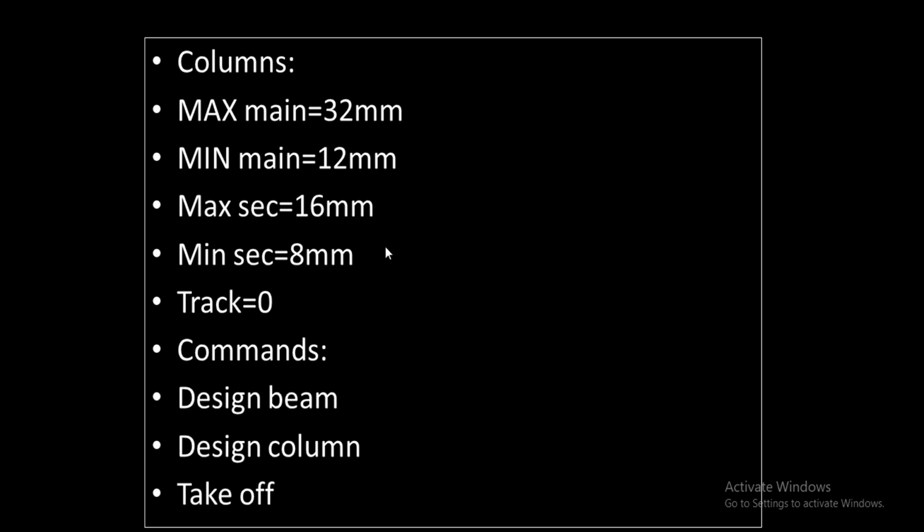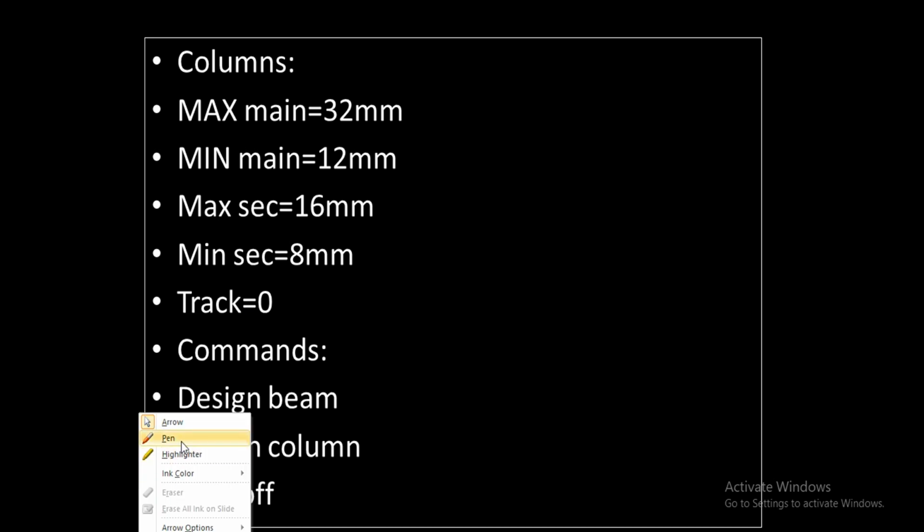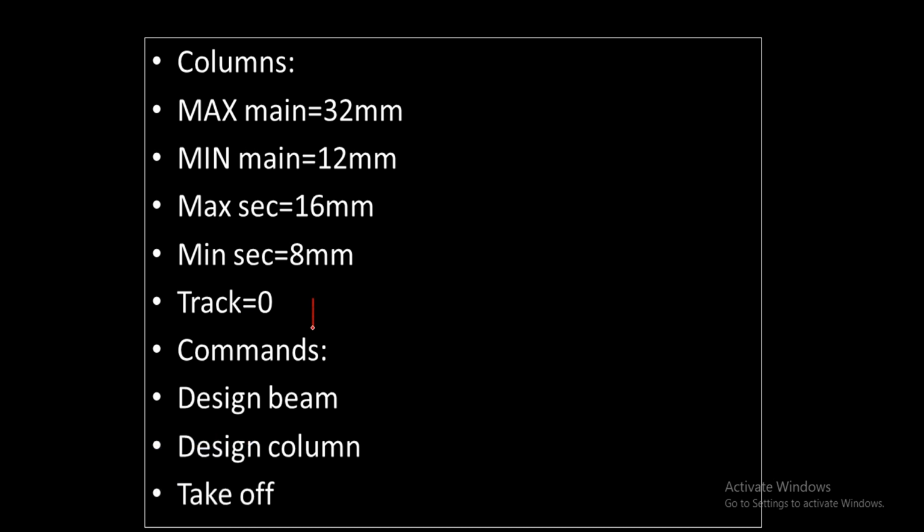Okay, so we are going to define these ranges and depending upon the loads and the load combinations, or the highest load or worst case of the load, the reinforcement will be assigned. And if you keep track as 0, we are going to get the summary of the design. If you want intermediate details or a detailed report of the design, then we can keep either 1 or 2. For intermediate we can keep 1 and for detail we can keep 2. We'll see that in StaadPro.